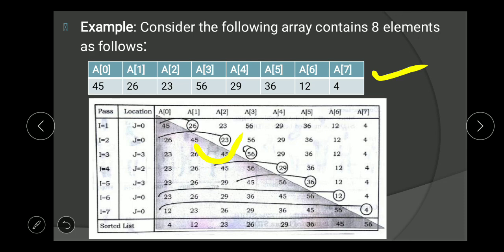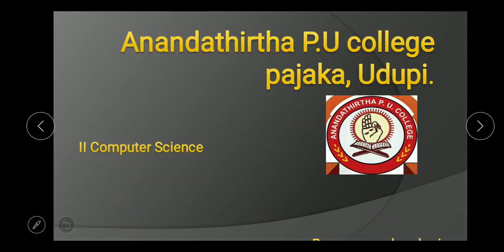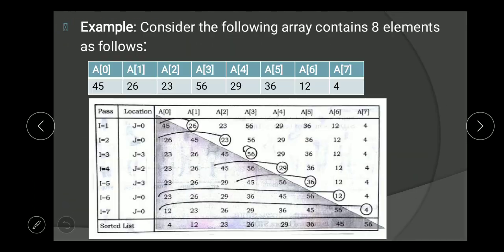Now we compare 23 with 26. 26 is greater than 23, so 26 will be shifted to A of 1. Now A of 0 is a free space, so 23 will be shifted to the first position.